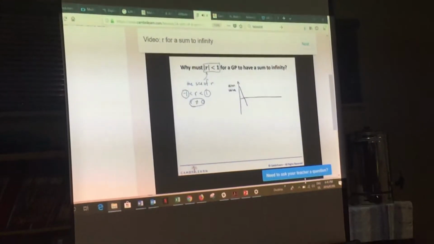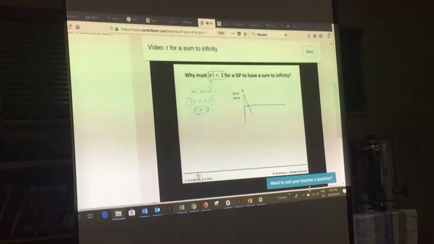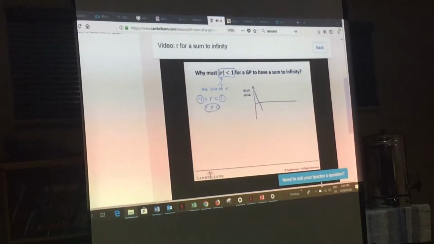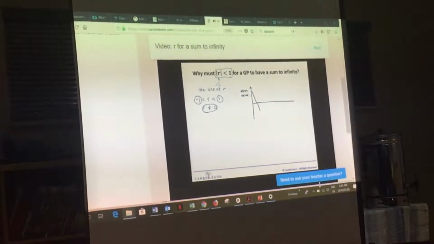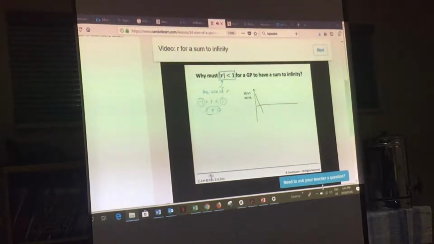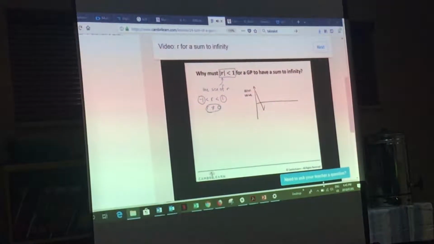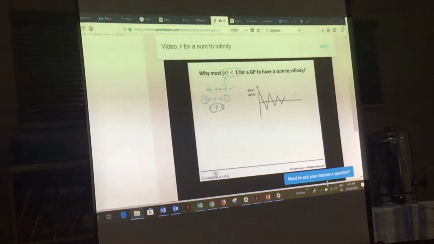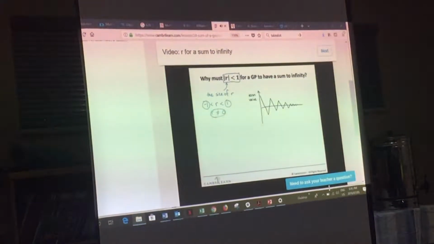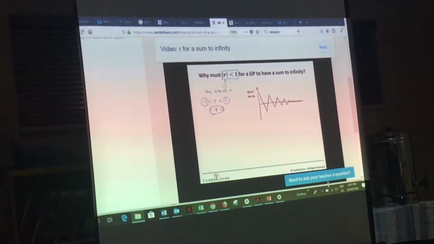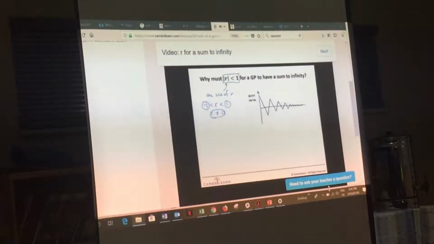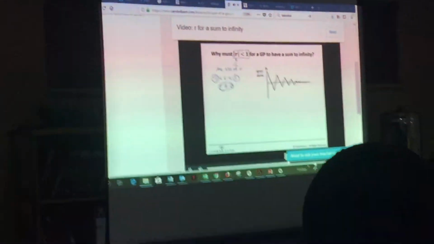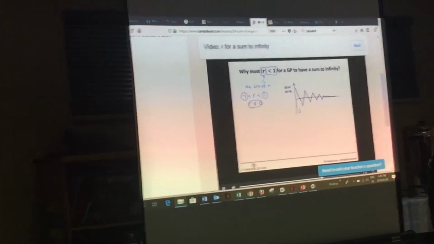Now, if R was 1, it would be exactly the same distance, and it would keep going up and down, minus 1, so we have the same value. If we had a modulus greater than 1, then this would get bigger and bigger and bigger. If our modulus is less than 1, then these terms are going to get a little bit smaller in size. Each time we get a term, it's going to get smaller and smaller and smaller. And you see what starts happening is our terms get tiny, tiny, tiny. They're never going to get to 0, but they're going to get closer and closer to 0. And what happens when you start adding those tiny, tiny